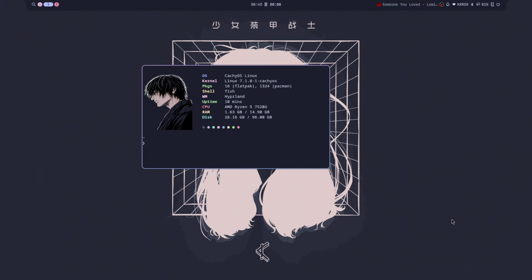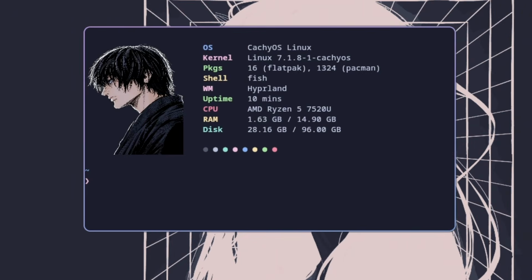So this is what my current Noctalia setup looks like. I am using a minimal Catppuccin theme with a wallpaper that matches the whole setup, and this is my fastfetch. You can probably see this Toji logo here, and yeah, everybody likes Toji. I like keeping fastfetch pretty minimal as well. I am running CachyOS with Hyprland, and I have kept the top bar pretty minimal too. There are only a few things here that I actually use every day.